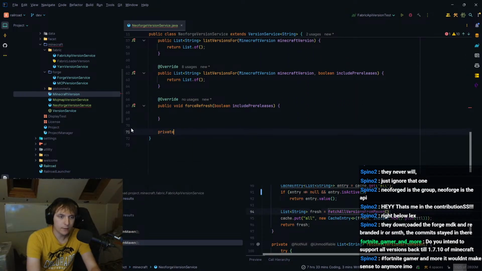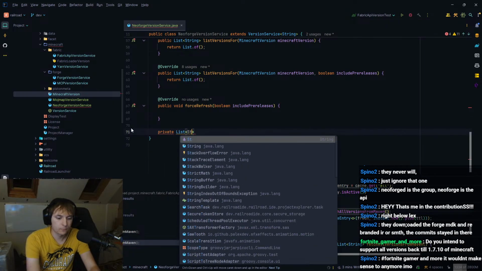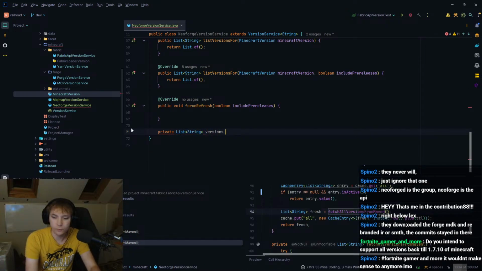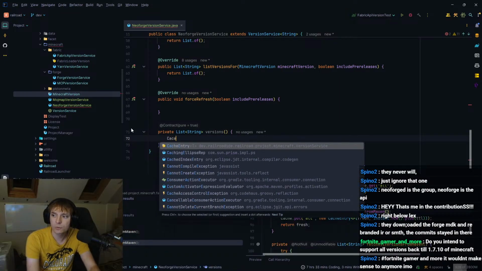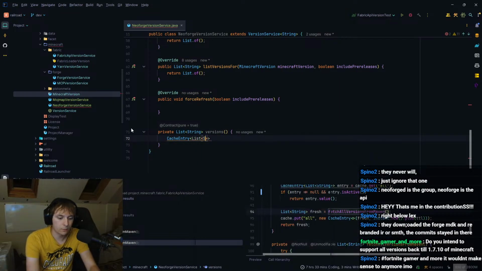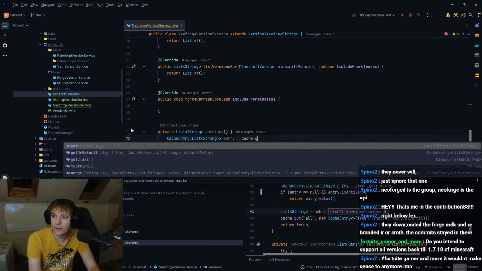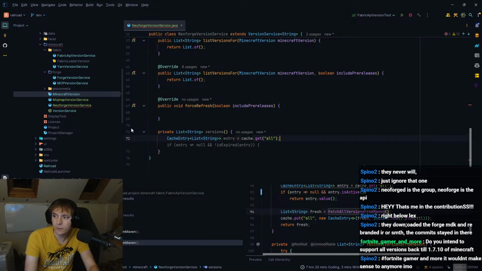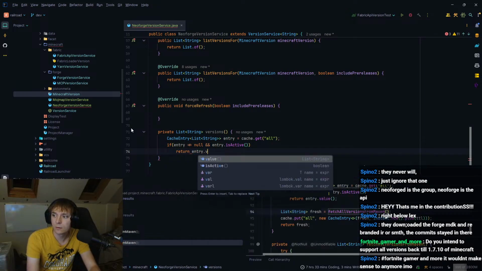Let's create a private list of string versions. Let's have a cache entry of list of string, which will be cache.getAll. So this will be all of the versions. And then if the entry is not equal to null and the entry is active, then let's just return the value.